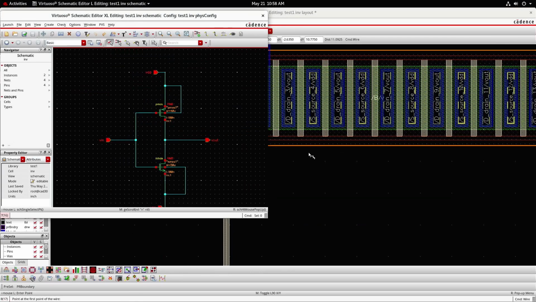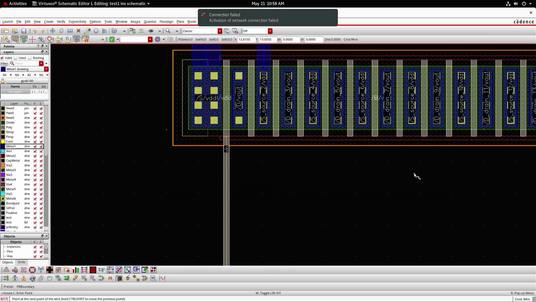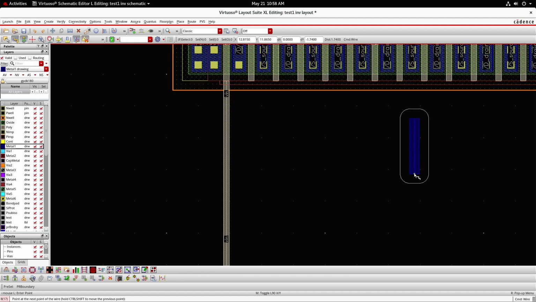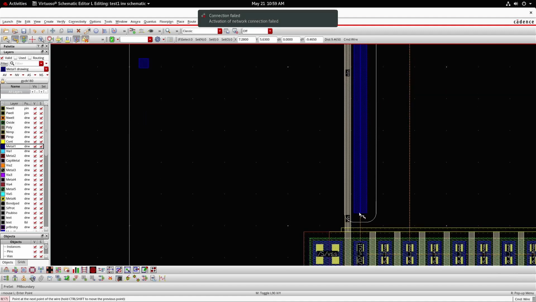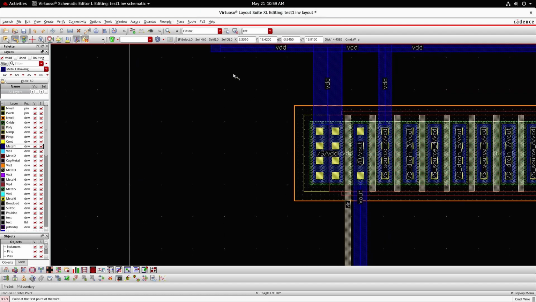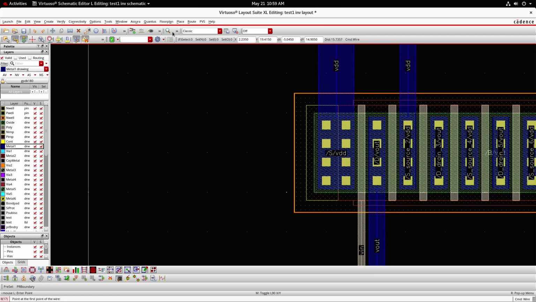Here only one drain will be there, whereas in your layout, multiple drains will be there because it is using fingers. Rather than a single transistor, there are 20 fingers. Therefore, instead of making only one drain connection, we'll be making multiple drain connections. And observe here, this is the drain of the first finger. Connect from the drain of the first finger, by pressing P, and extend it to the drain of the first finger of NMOS. Then after completing this, almost symbolically I have shown all the connections.